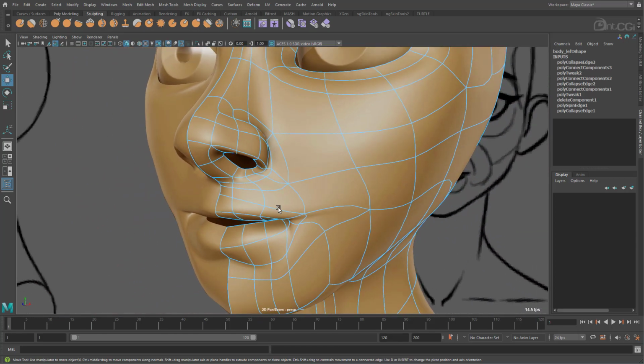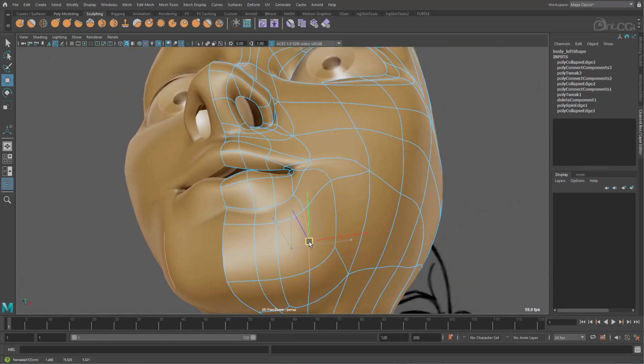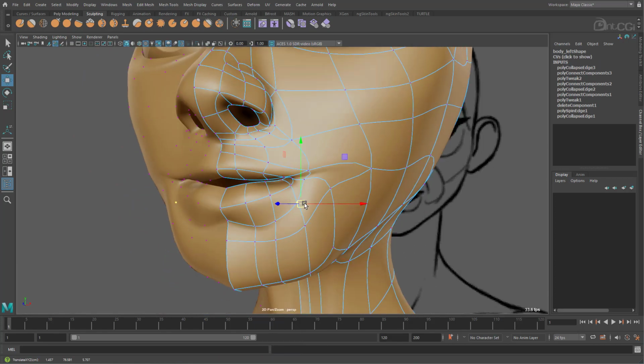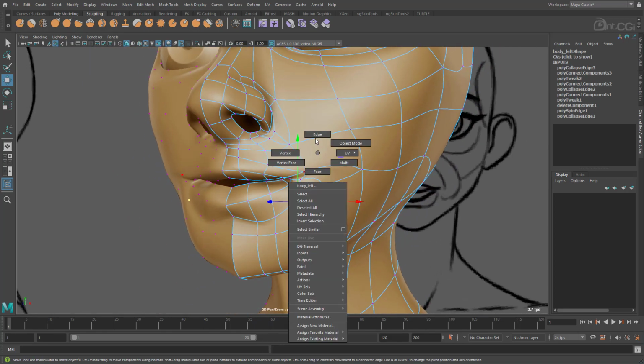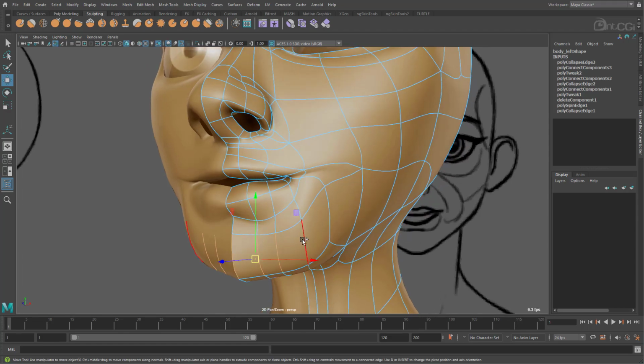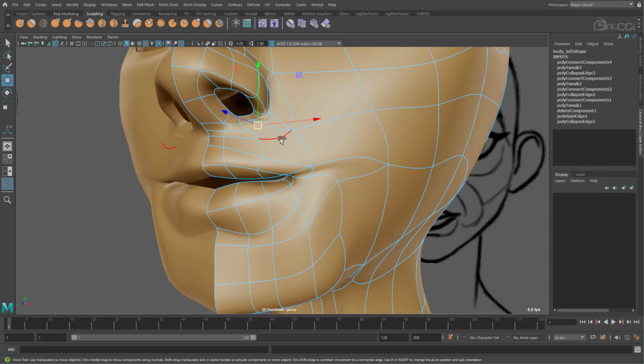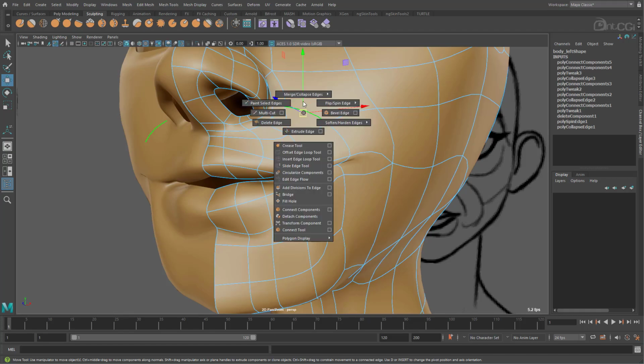Okay, time to fix the pinch at the corner of the mouth. We want the edge loops to flow around from the nose. Let's divide the chin and cut from the nose down to meet it. And now rework this area to clean it up. Let's collapse this edge,